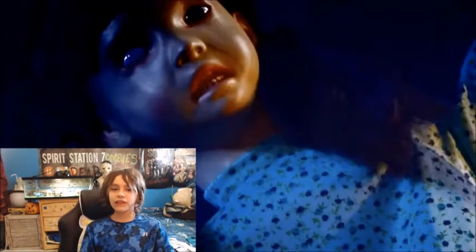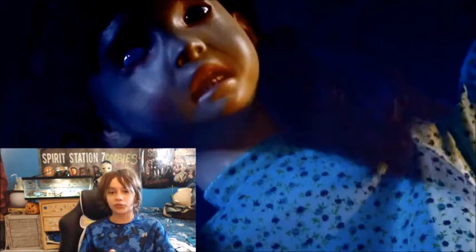But one thing I can say, the eyes look very realistic on this one, and the face looks very scary. It's a good sculpt for the face. But yeah, it looks a little generic. As of right now, I do believe she hangs from the ceiling, similar to other animatronics we've got in past years. But I am still going to see this one in